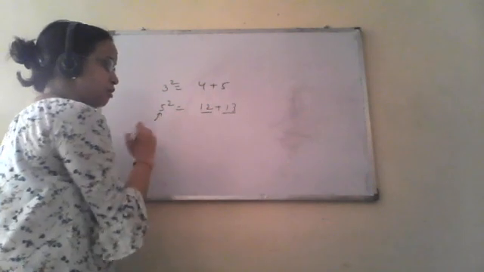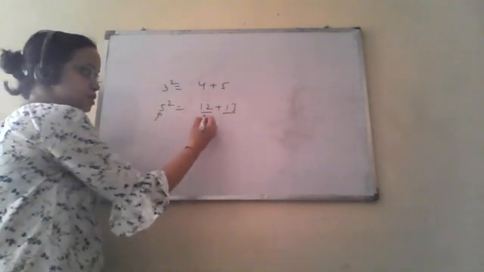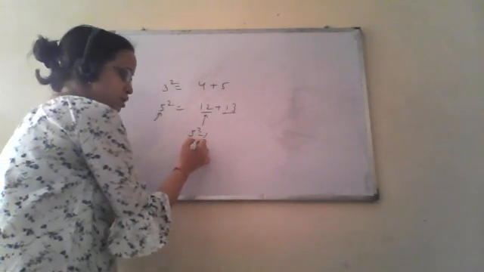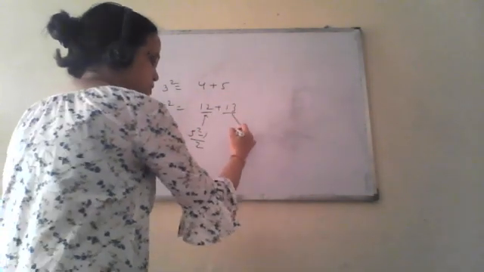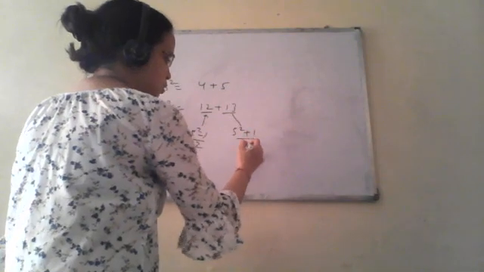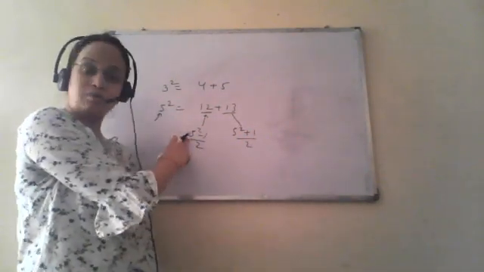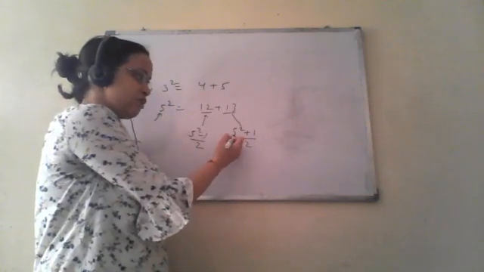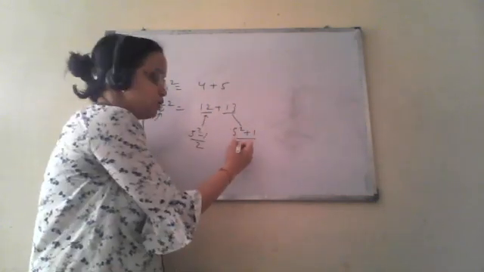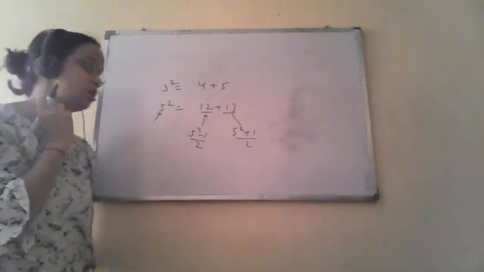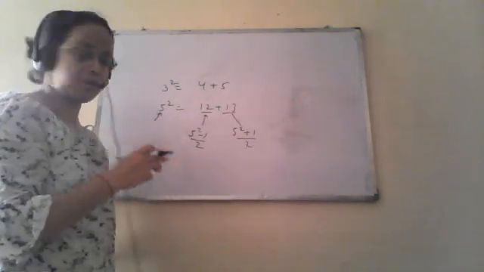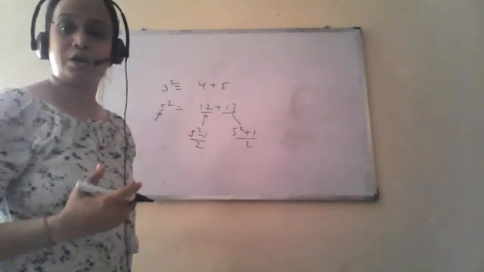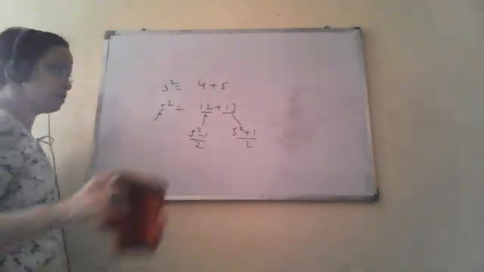Now this 12 can be expressed as 5 square minus 1 upon 2, and this 13 can be expressed as 5 square plus 1 upon 2. Now you see, this is 5 square, 25 minus 1, 24 upon 2 is 12, and this is 25 plus 1, 26 upon 2 is 13. So it can be expressed as 12 and 13, and these 12 and 13 are consecutive natural numbers. So one more example we can take.